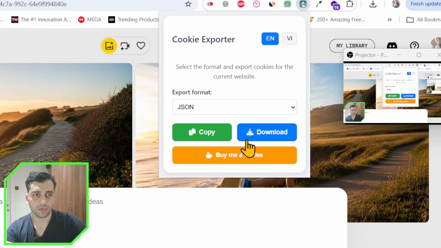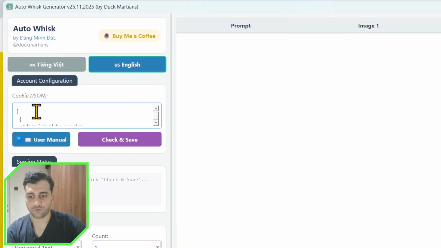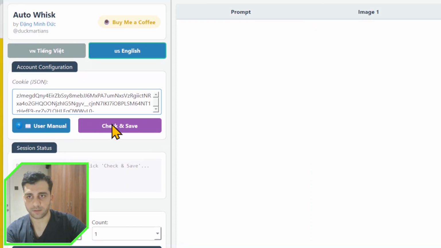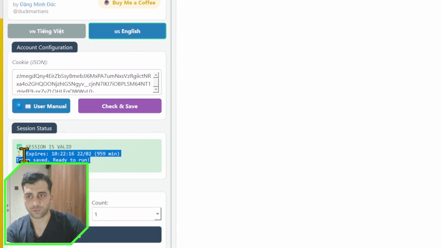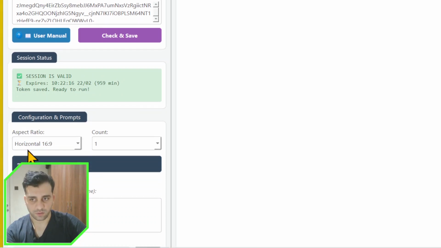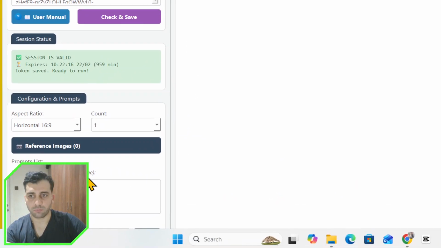Copy. Once you copy it, go to Whisk and press Control A to select all, and you have just pasted the cookie here, and it's going to show you that the cookie is valid. So just click check and save, so the cookie is valid. You can run basically 959 minutes of this specific window to create hundreds and hundreds